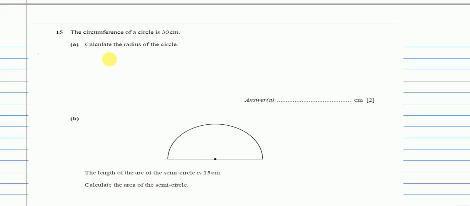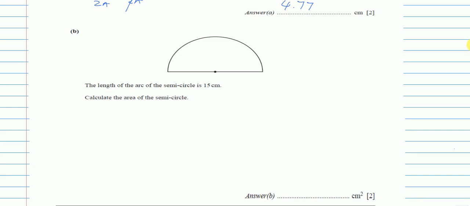The formula for circumference is C equals 2 pi r, and in this formula r is the subject of the formula. Okay, C we already know is 30, equals 2 times pi times r. To remove 2 pi from r, we have to divide by 2 pi on both sides, so r equals 30 over 2 pi, which is 4.774 and so on. To 3 significant figures, it will be 4.77.